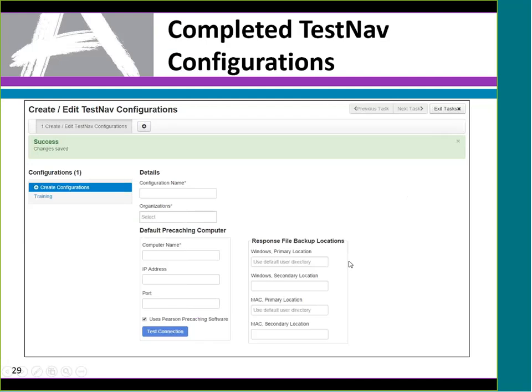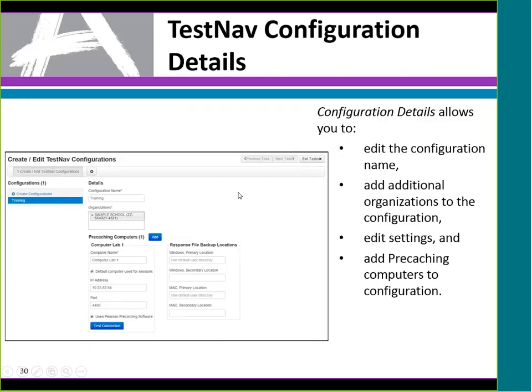Okay, so at the bottom we would hit the blue create button, we'd get this green banner along the top, and it would say success. And then down here we see that we have a configuration called training that was created. When you click on training, we have all of the information that we just created. We can test the connection to the machine.